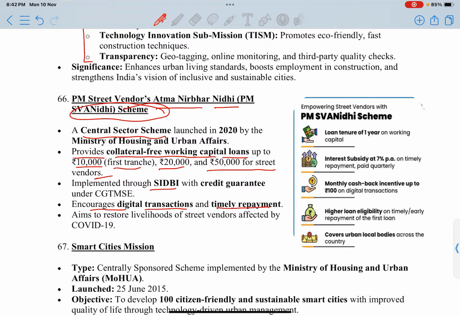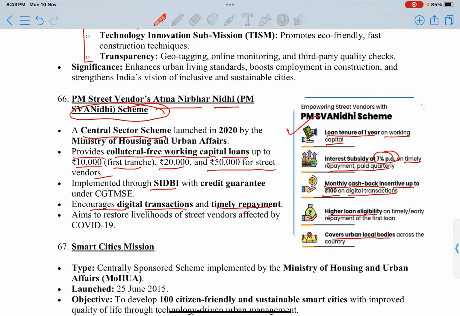See, after this COVID-19, our MSME sector was broken. Okay, so to develop this sector, MSME sector, the government has introduced this scheme. What are the features you can see here? Loan tenure of 1 year on working capital, interest subsidy up to 7% per annum on timely repayment and paid quarterly, monthly cashback incentive up to rupees 100 on digital transaction, higher loan eligibility, covers urban and